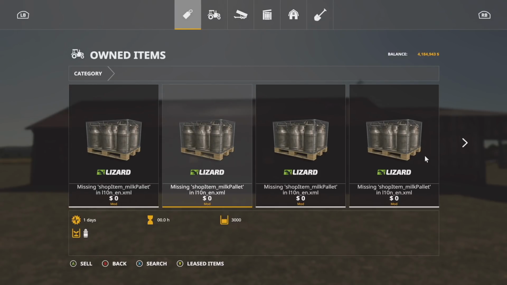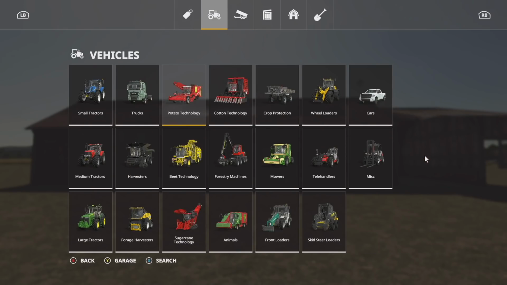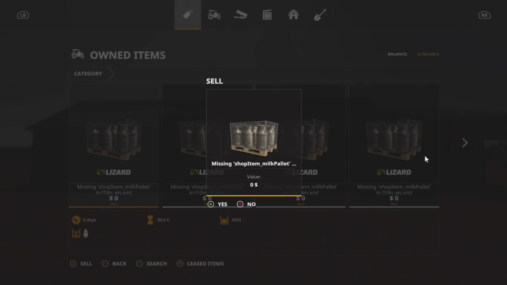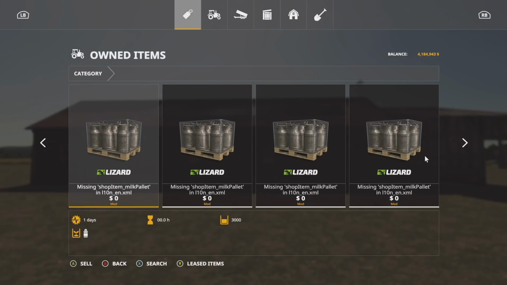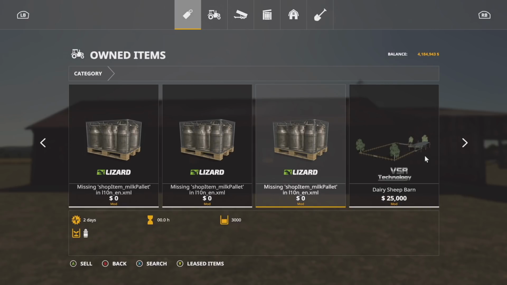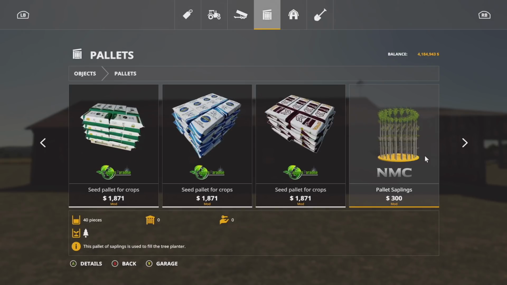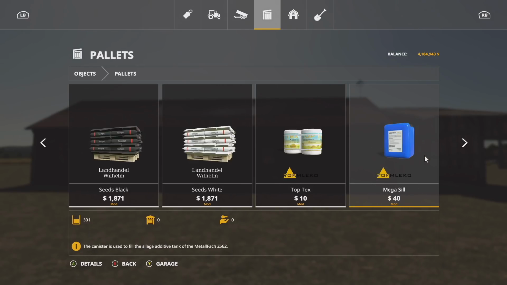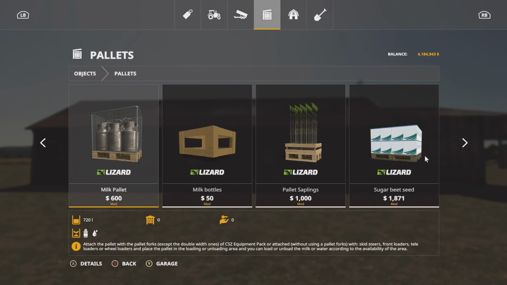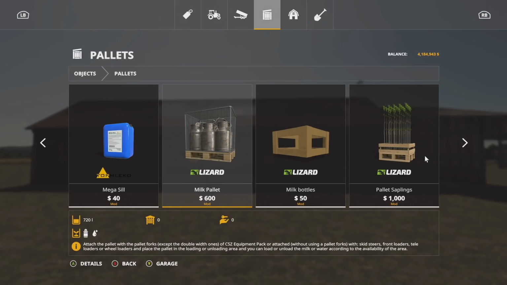yo, look at this. Our milk pallets have spawned in our categories right here. What? I didn't know that was a thing. Can I sell this for $0? No. Okay, so interesting. I've never seen this before, where pallets just pop up out of nowhere from your dairy sheep barn, in your owned inventory at that. Can we buy these? Let's go into pallets real quick. Let's see, can we buy these? Very unlikely, let's be fair. I doubt we're going to be able to buy these, but it would be milk pallet? That holds 720 liters. But I think that's it. Yeah,